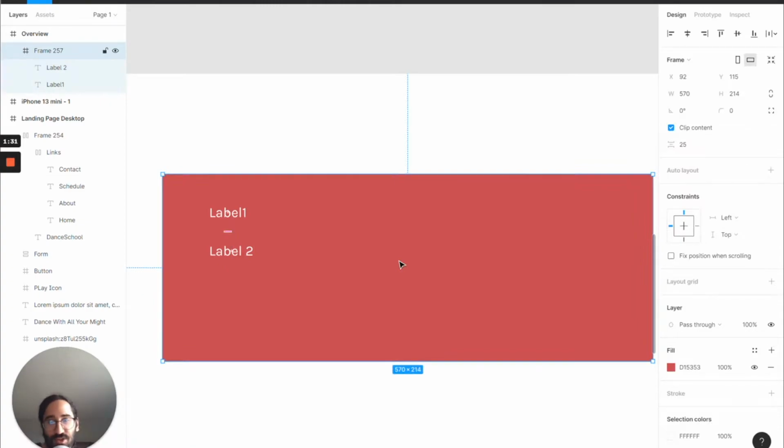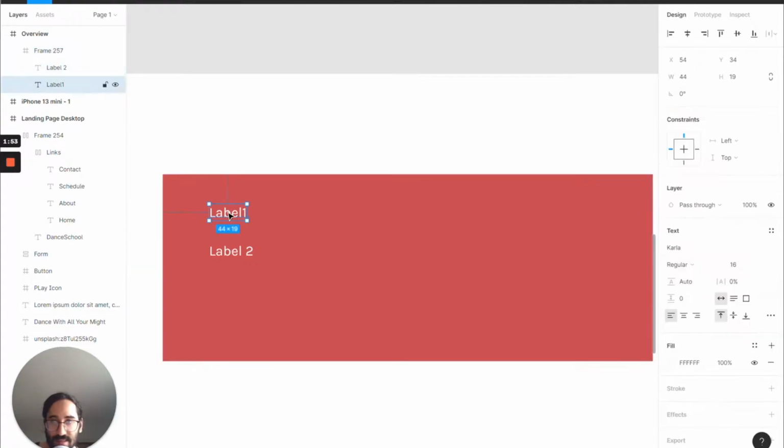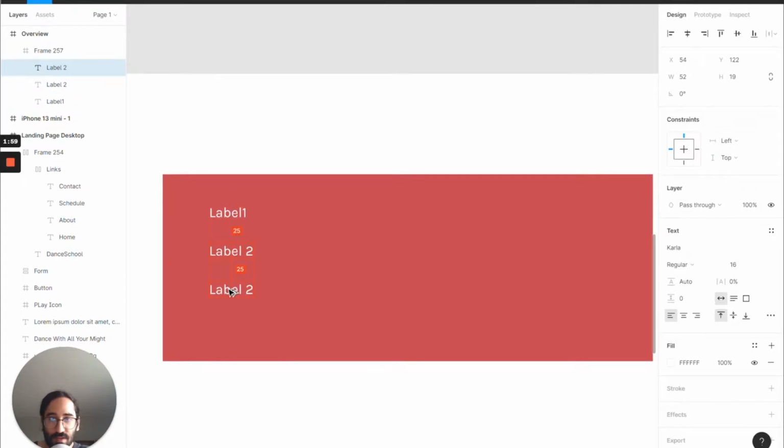Okay, what you are trying to do in UI design when you actually begin putting your hands on the keyboard is you are making decisions on which elements are much more important for the user to notice. So you are trying to either create contrast or similarity between two elements. And that's how you use consistent spacing, such as if we have these two labels and we are making a list and we create a third one, it is important that each label is spaced vertically equal to 25 pixels,